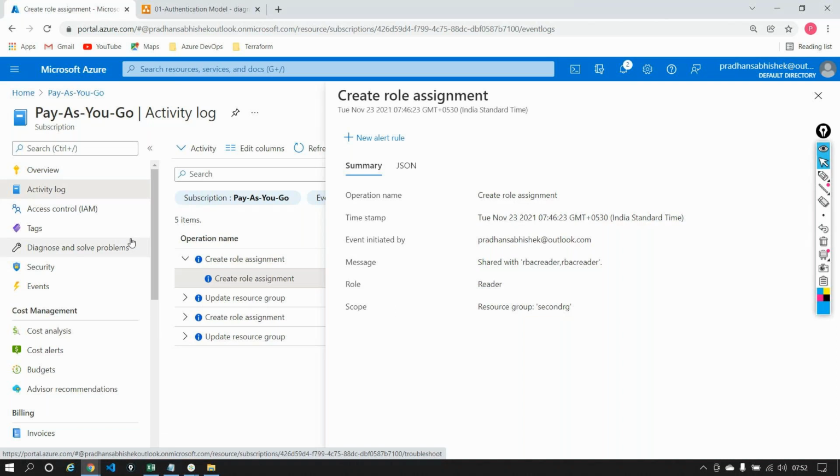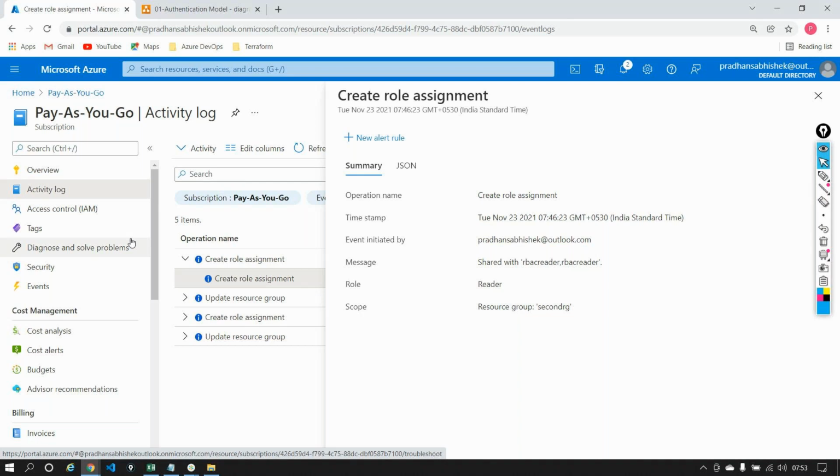Okay, any more questions with this, guys? So what I want you all to do today is, please make sure that you have an Azure subscription firstly. Just create a couple of email IDs, like a couple of Gmail IDs, etc. Try to add them as a reader, as an owner, as a contributor at the subscription level, at the resource group level, etc., and see how the permissions are coming through. This is an important exercise to understand how role management is actually being done. Okay, guys. So this is your assignment.